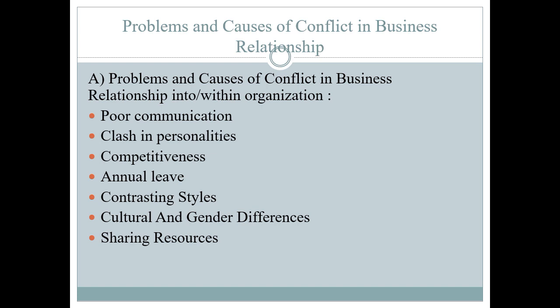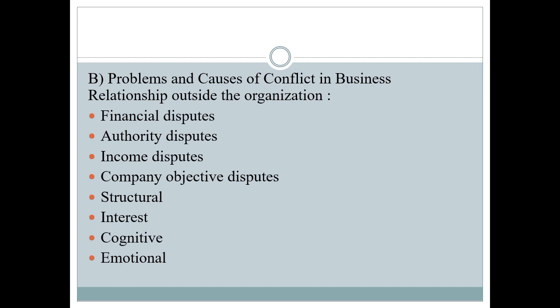Okay, and whenever it comes to sharing of resources, it might result into conflict. The other part is problems and causes of conflict in business relationships outside the organization. Outside the organization means other than employees, whenever you interact with other people who play an important role in your business progress, that is your business partners or some of your stakeholders. What are the things which might result into